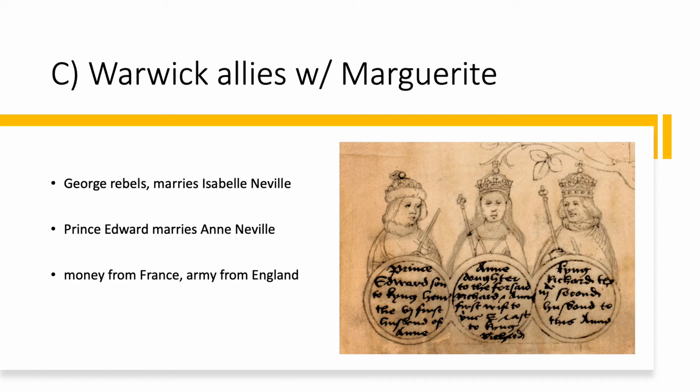In the meantime, to prove good faith on the sides of these 2 that were formerly bitter enemies, Warwick marries his younger daughter Anne, who's about 14, to Marguerite's son Edward, who's about 15. And this secures this very odd alliance between these 2. So Marguerite is able to bring money from the royal court in France, and Warwick is able to provide the troops from amongst his own retainers and from amongst mercenaries.